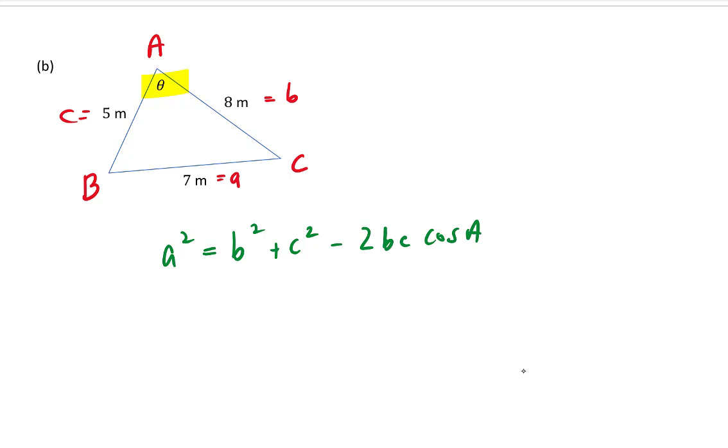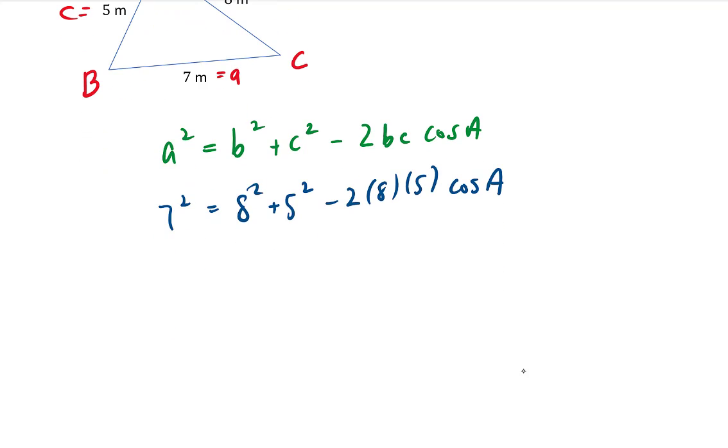Next, I sub in my values. Then I solve for these squares. So I have 49 here. I'm going to put these two together. So that's 64 plus 25. So that gives me 89. And then 8 times 5 is 40. So this is minus 80 cosine of A. Those three numbers multiplied together